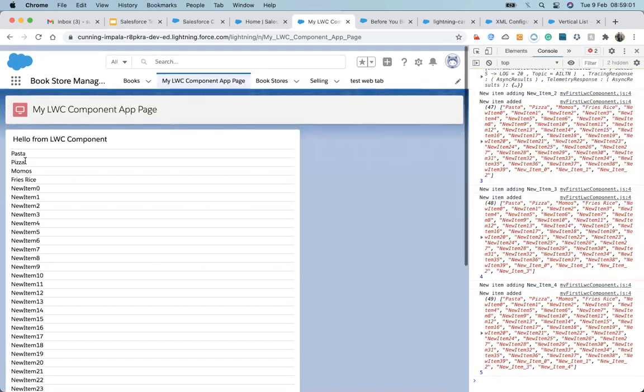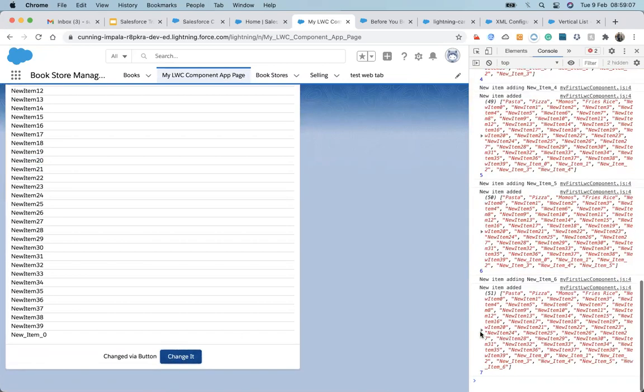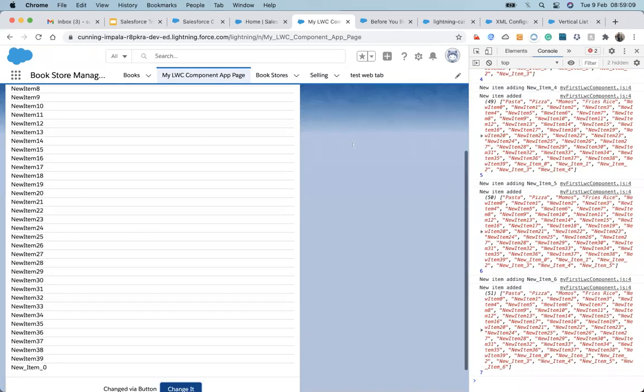It's showing out there, but it's not reflecting it. I'm not sure what's the issue with this, but it's doing the same thing. But yeah, we can make changes up here.